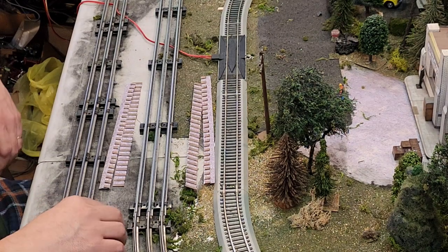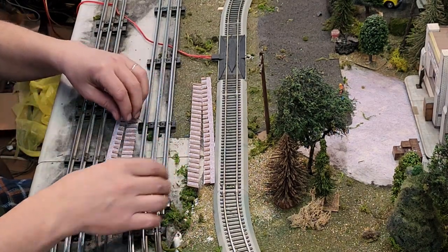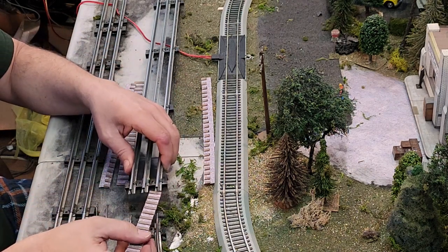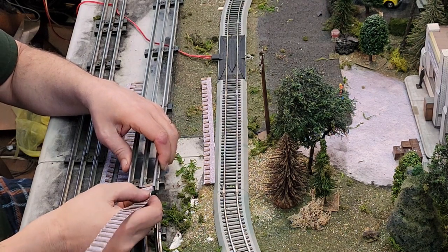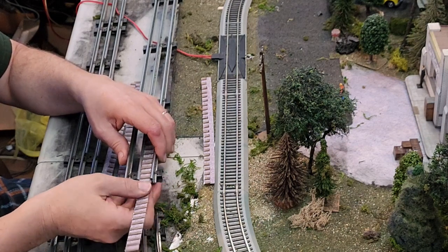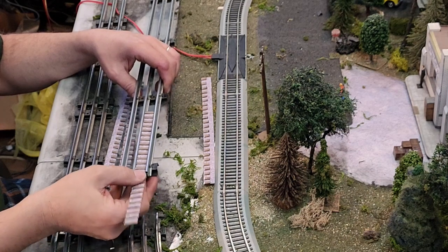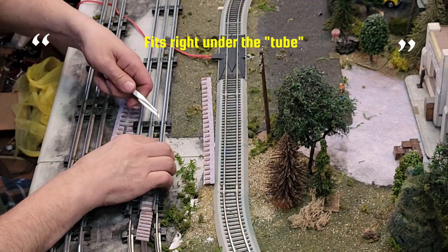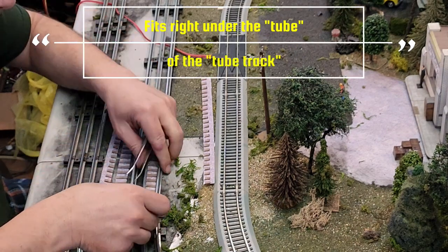Now remember, this is just a test, and I'll show you how I slip these in here. And they go in real easy. At 5/8 of an inch, 0.625 inches, that slides right in between the rails, like so. With the 110-pound cardstock, this is a little bit wavy in there, and when I do this, I'm going to secure that in with a little bit of white glue,